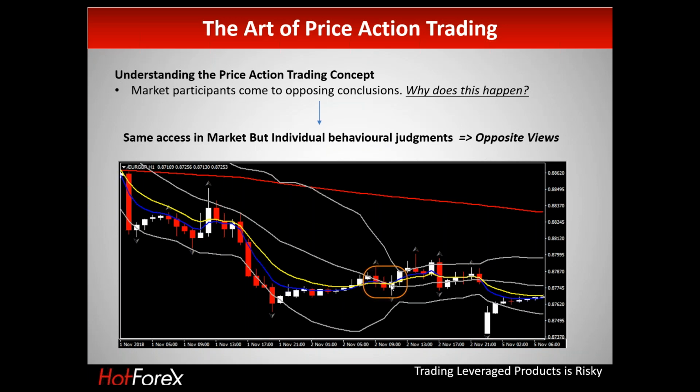So we have two different views. I'm not sure whether you are with me so far. For me, because I like moving averages, I tend to use them a lot. A cross of a short-term moving average above a long-term moving average is a buying opportunity, because it simply says to me that in the near future it will go further to the upside. But some other traders think this crossover will eventually lead to an overbought situation, so they could sell because eventually it will go down. So these are two different perspectives.